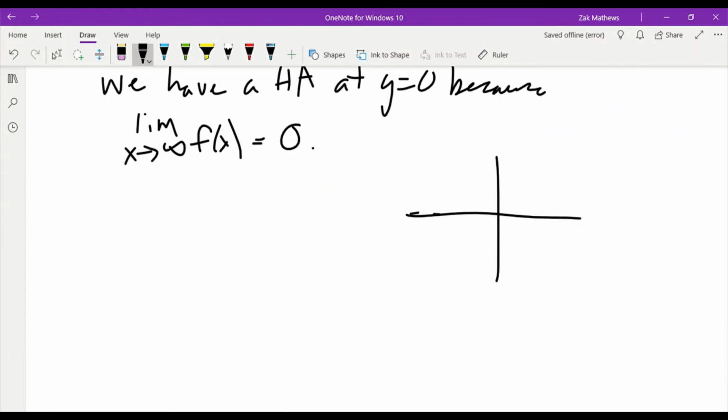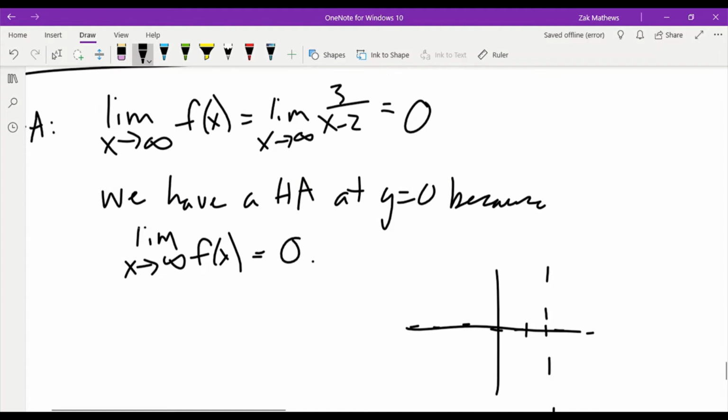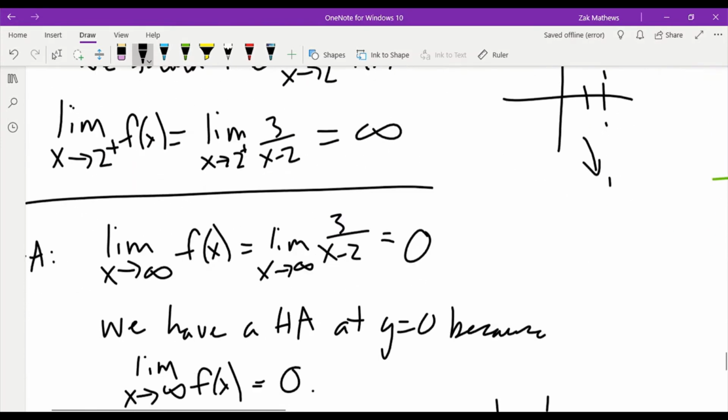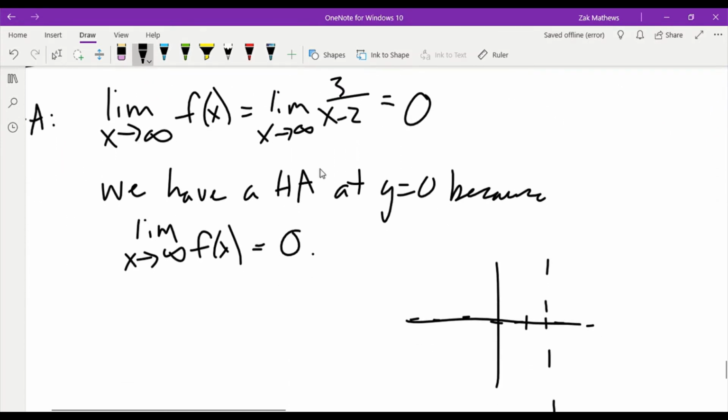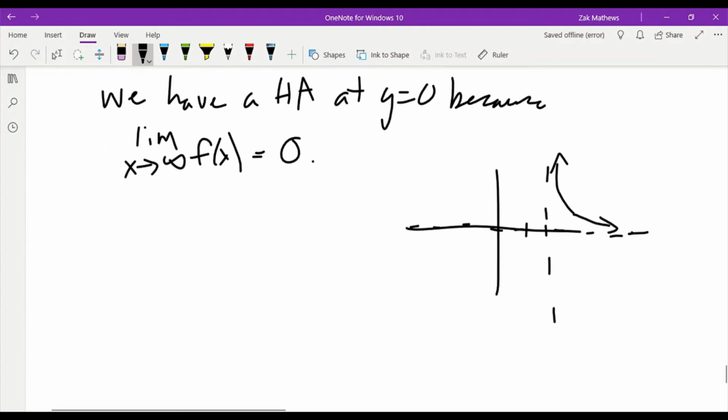So let's put this together with our previous knowledge. We know we have this horizontal asymptote on the x-axis. We knew we had a vertical at 2. I knew that the end was going up at 2. And we did say as x goes to infinity, it is approaching 0. I don't necessarily know from the other side. Now, what we know about rational functions is that it is... I know this part's going down, but I don't really know what this end is doing yet,